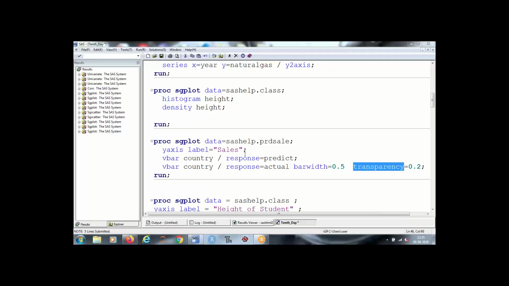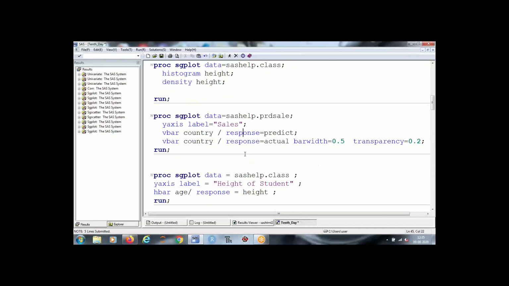Next is your SG plot, horizontal bar, horizontal bar graph.